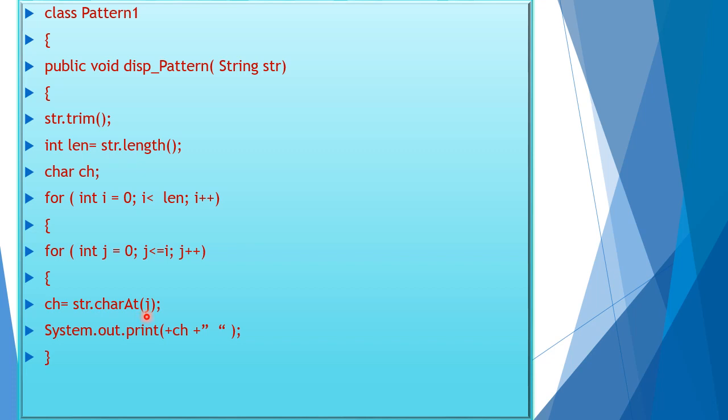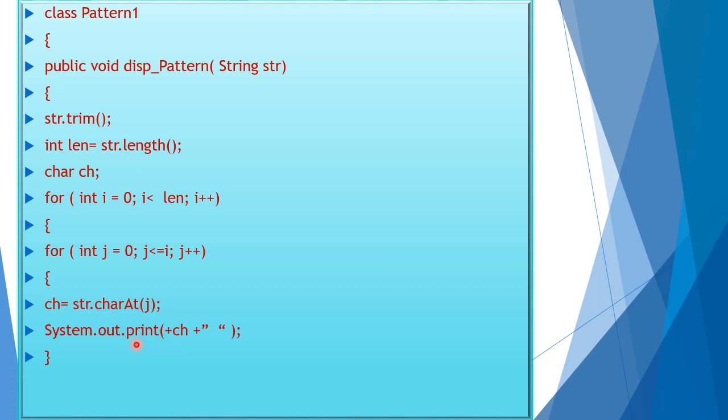So first j will be 0. So str dot charAt(0). That means the letter A, the alphabet A from the string abacus, will be extracted and will be stored in the variable ch. Then System.out.print(ch). That alphabet will be displayed.